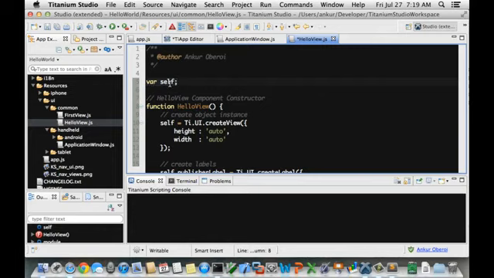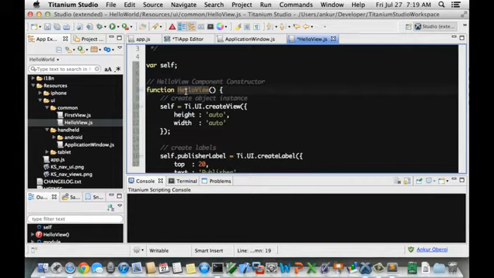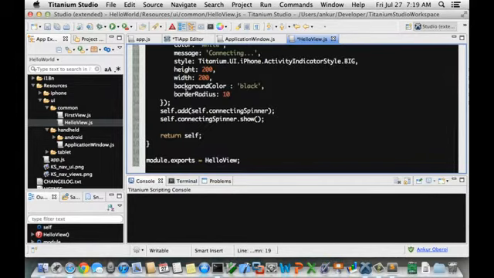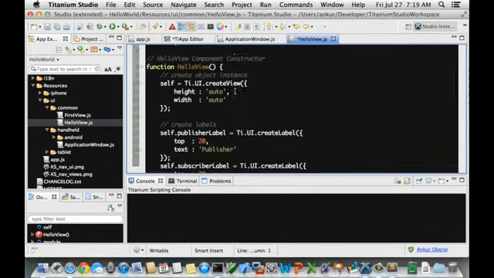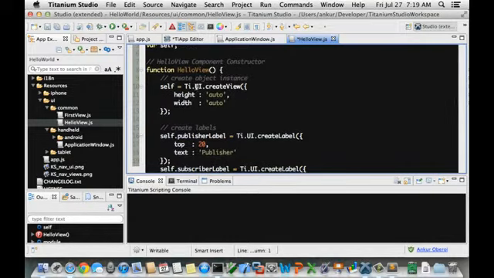itself just so that we have access to it outside the actual constructor function, which is HelloView. This constructor function gets exposed through module.exports to any other file that wants to include it. So that's how application window gets a hold of this object. Inside the constructor, we're going to be calling